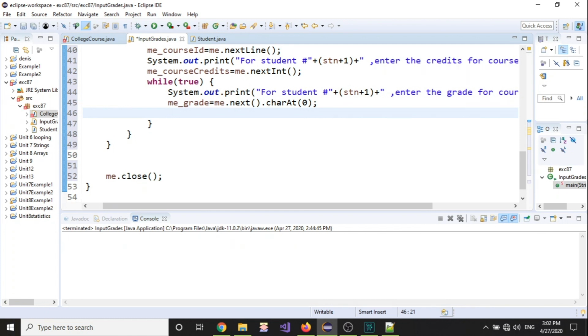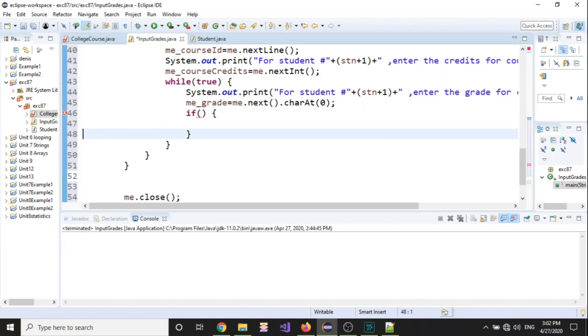I need to make sure that the user is going to enter the right character. So I have to have an if statement here. It's going to be a little bit stupid, and it should be a little bit longer. There's a more efficient way to do that, but I'm just going to make it as simple as I can. So if my grade, me grade,